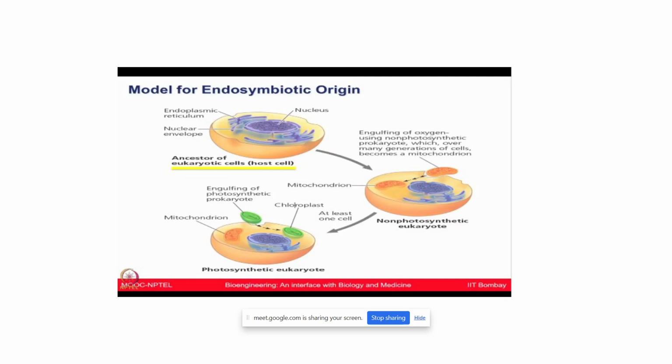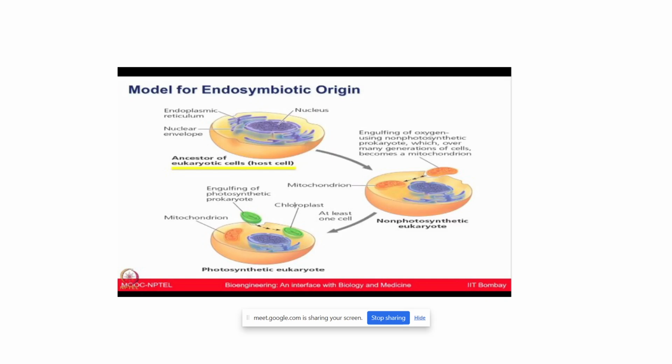In terms of evolution of cells, an endosymbiotic relation happened. Like the initial organism, the prokaryotes, had mitochondria with them. Then there were certain prokaryotes which were able to do photosynthesis, which had chloroplast in them. Depending upon these specific, when this engulfment happened in terms of the endosymbiotic relation, so whatever